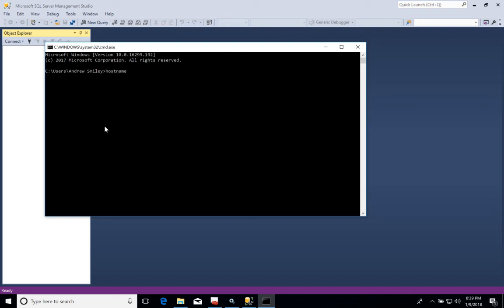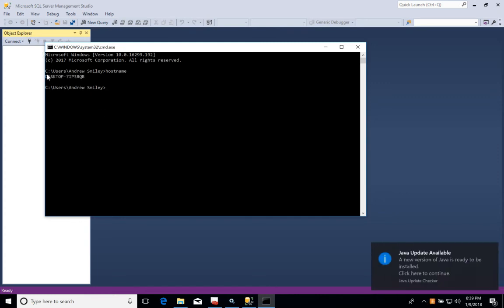Once you've opened it, you'll type hostname and hit enter. So that will give you the host name of your computer, and we're just going to copy that